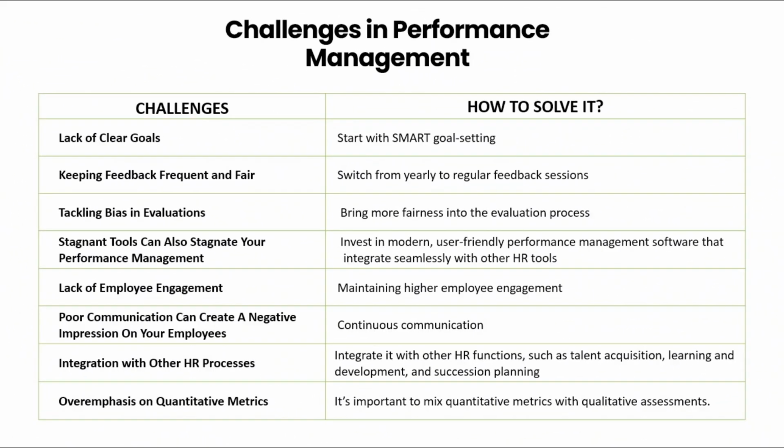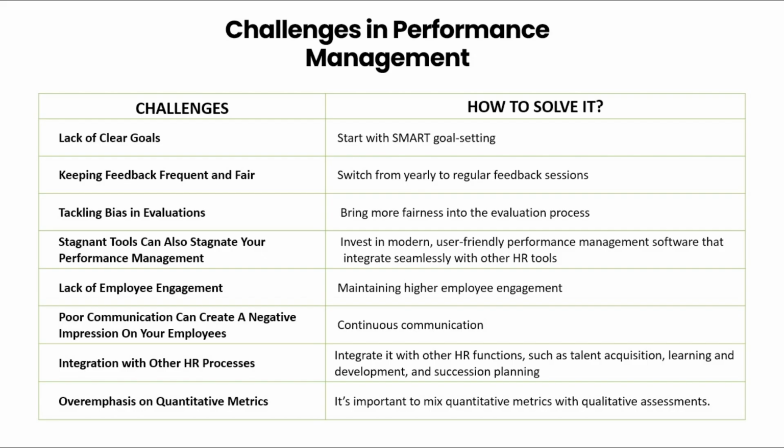Challenges in performance management include the lack of clear goals, where employees often feel lost due to unclear expectations, which can lead to frustration and underperformance. How do we solve it? We start with SMART goal setting to provide a clear roadmap for our team. These goals must align with the broader organizational strategy and must be communicated clearly. This way, everyone on your team knows exactly what part they'll play in achieving these goals. This clarity helps employees focus their efforts and significantly enhances engagement and productivity.